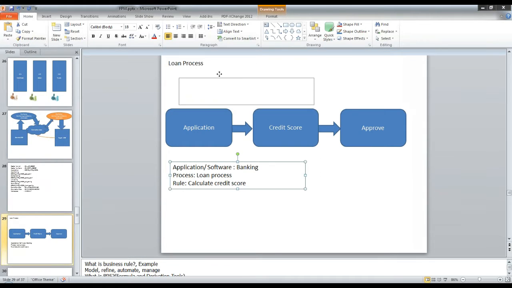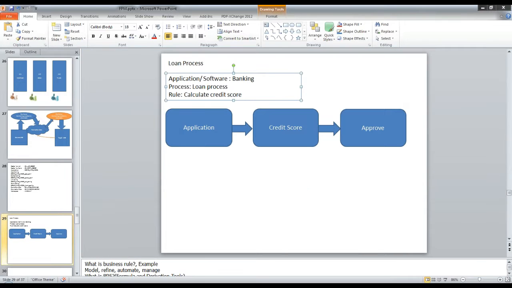So these are the three aspects of this entire process. Application is the banking application, process is the loan process, and calculating the credit score is a business rule. Based on market conditions and your financial condition, the bank will determine how much loan they can approve for you. That's your business rule.